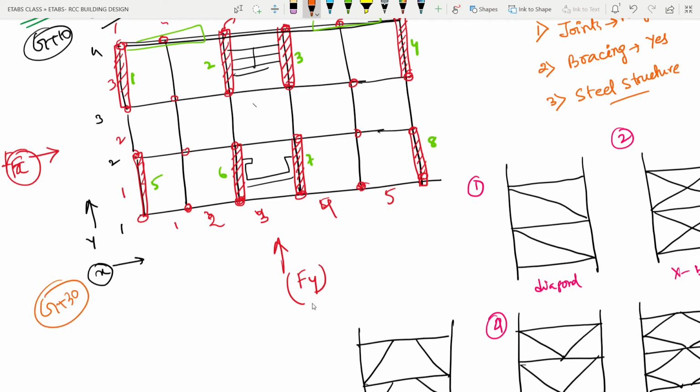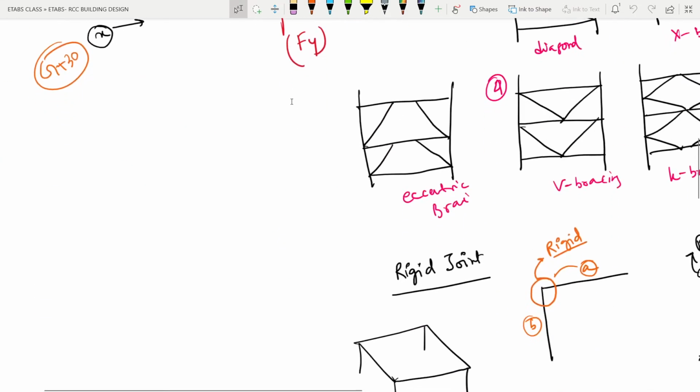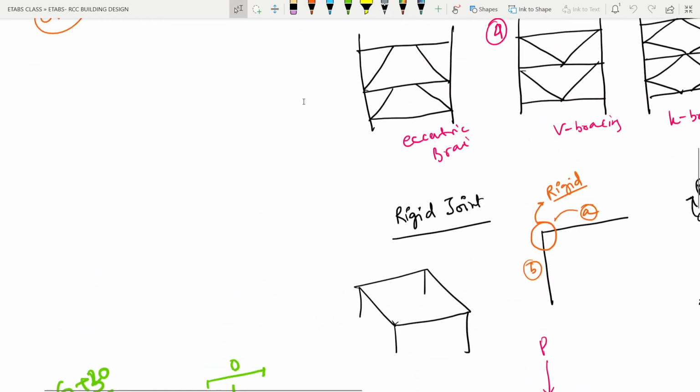The Fy will get weaker. Now why will the Fy get weaker? Because if I generally write the formulas for the cantilever effect, cantilever beam, you will see the bending moment of the cantilever. The bending moment formula is, we know, WL square by 2,